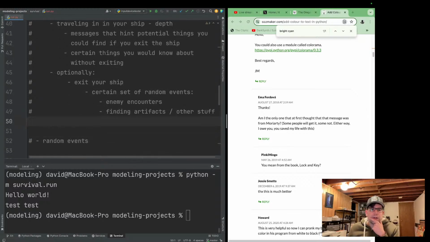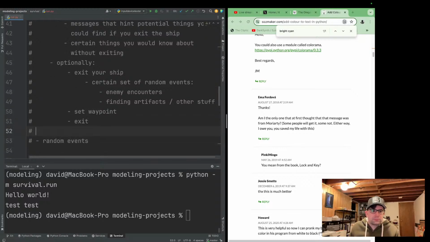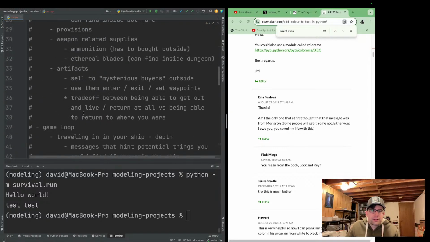And then, yeah, so there's that, and then what else could you do? You could set a waypoint and potentially exit. So this would all be inside the dungeon.